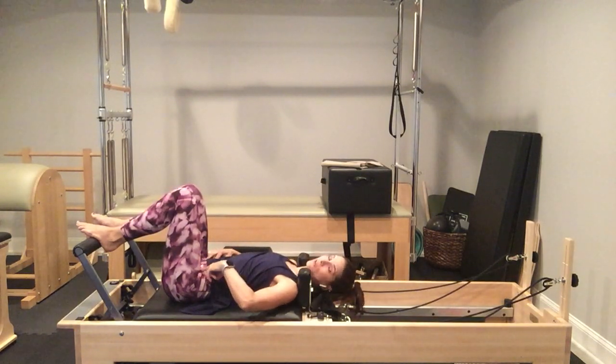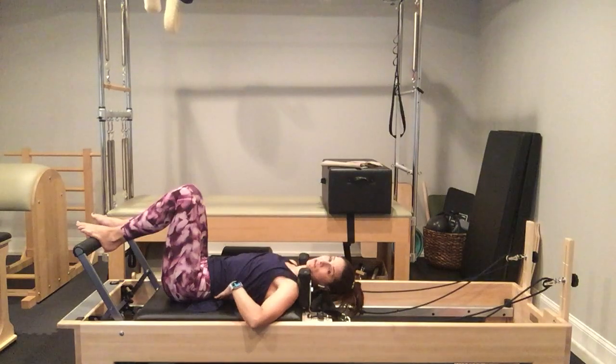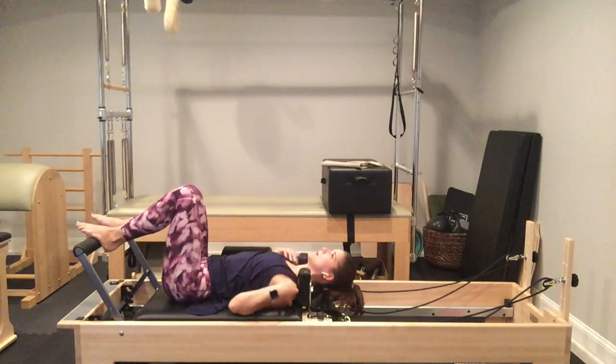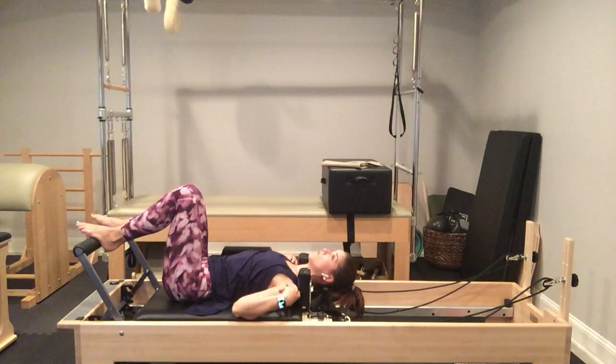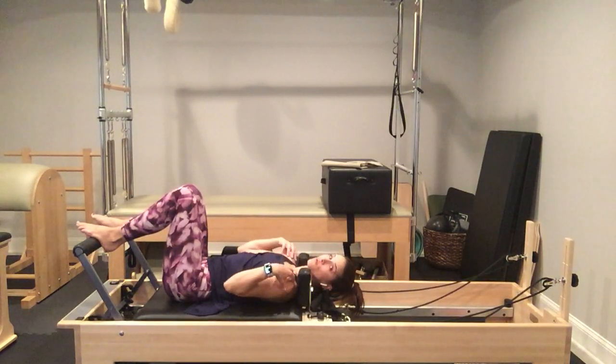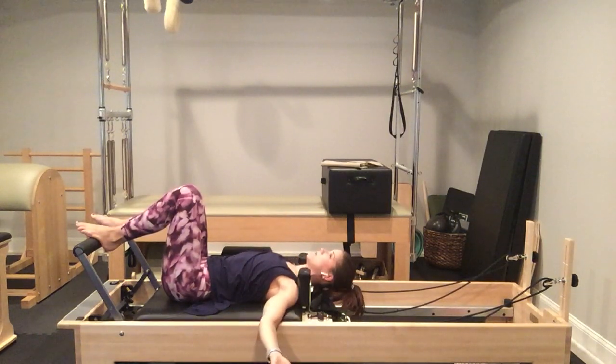I feel like I have a good stable sacrum. I'm going to go ahead and check in with my low back between my sacrum and my ribs. There should be a slight lift or curve there. All 12 ribs are on. My shoulder blades are flat on the mat. I have a nice, soft, wide collarbone. My shoulders aren't rounding in. And if they are, take your arms out to the side while we check in on the rest of our